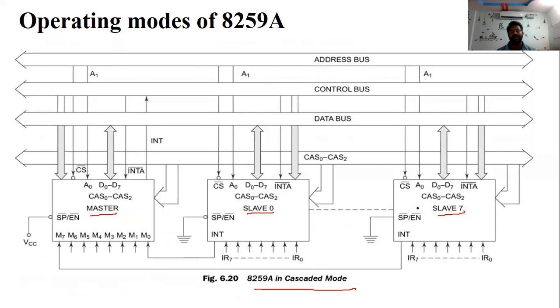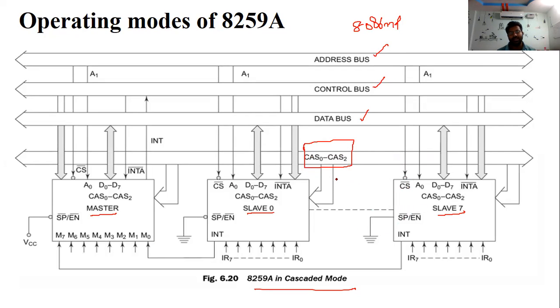S0, S1, S2 and so on, 8 slaves. This is the address bus, control bus and data bus from the 8086 microprocessor. In the cascading mode, you specially use the cascading lines CAS0 to CAS2 to connect these 8 devices.